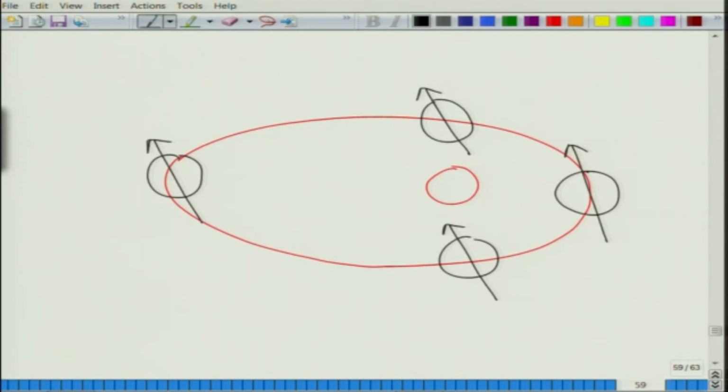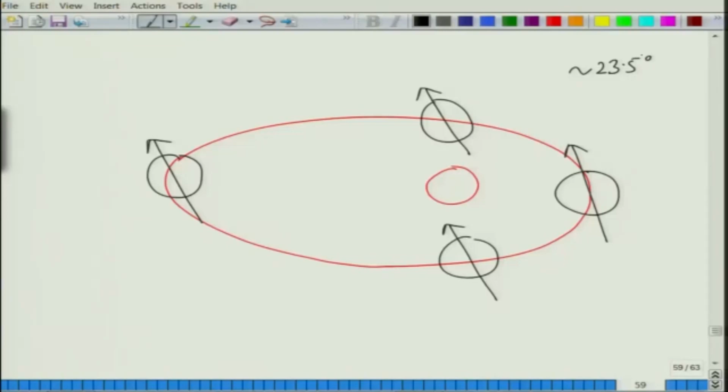The angle between the axis and the orbital plane stays the same, approximately 23.5 degrees, but for any particular time of the year you have a different declination angle, right, because here you can see, let us say, two extremes. So, if this is the equatorial plane, which will be perpendicular to the axis, then we have seen that on 21st June